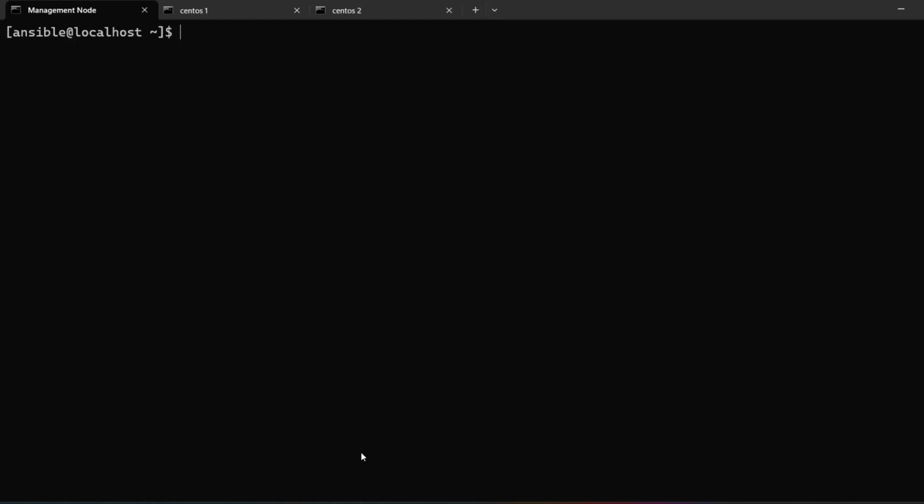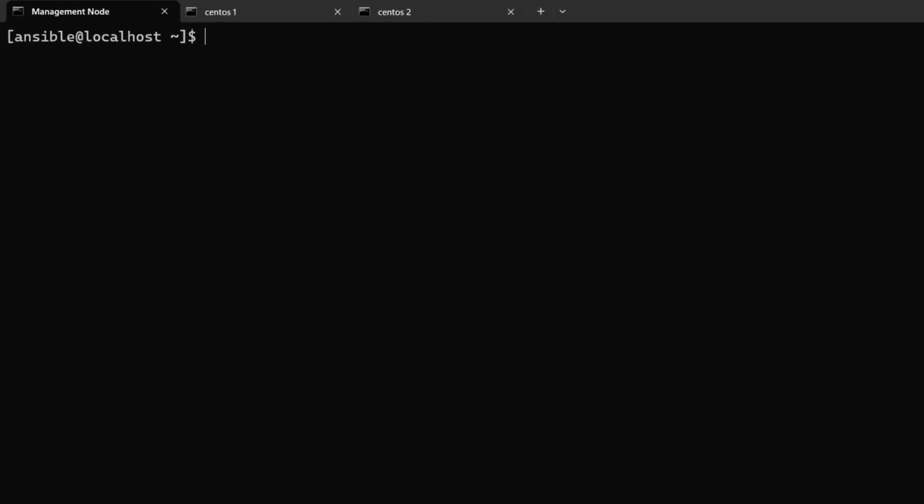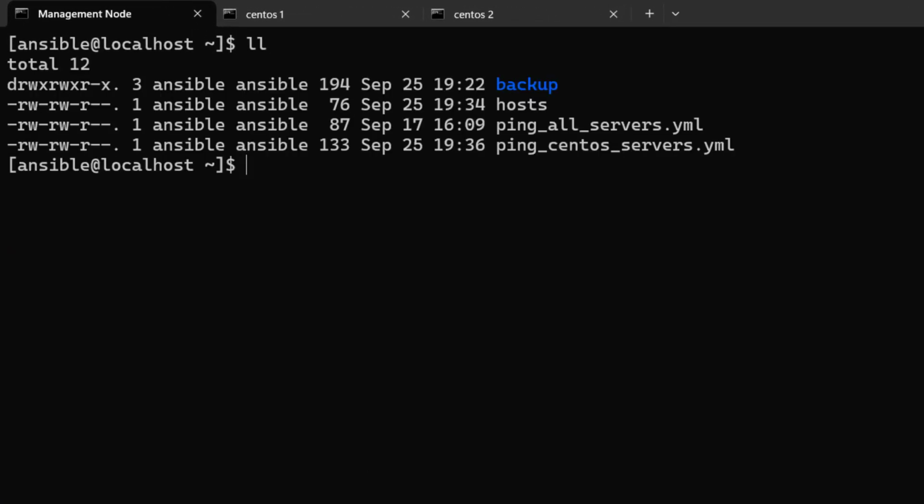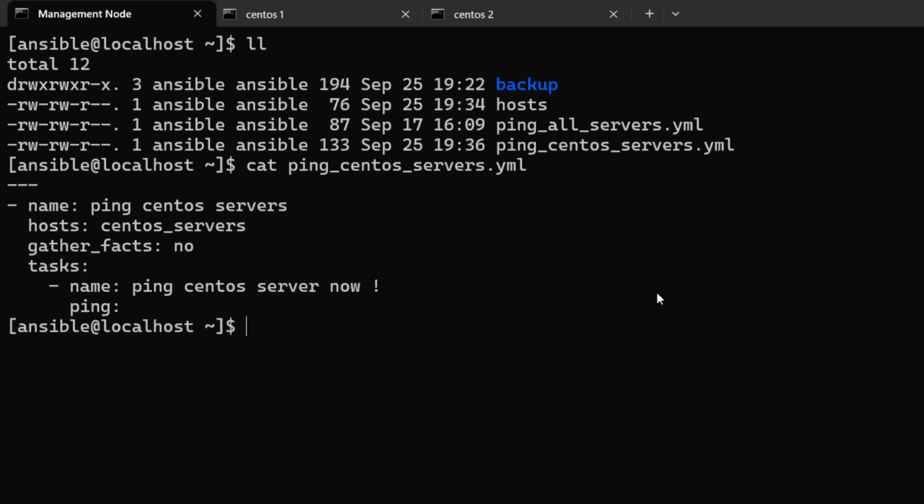Now let's clear the screen because it's just getting a little too messy. So right now you can see what we have done is we have created a file which is called ping CentOS server. So let's see the content of the file again. Okay, this is what we have given. Now let's do ansible-playbook and -i, provide the name of the inventory file, then provide the name of the